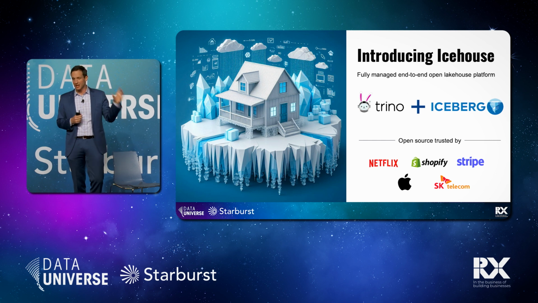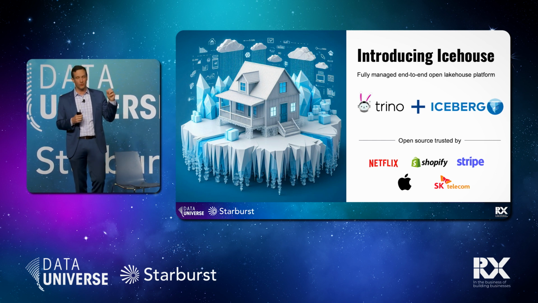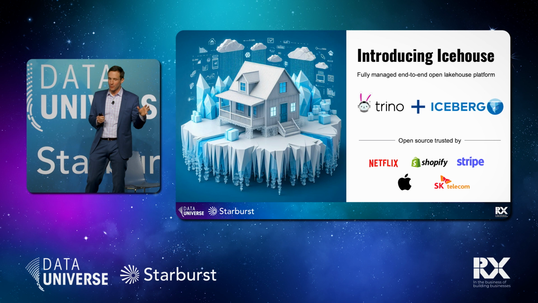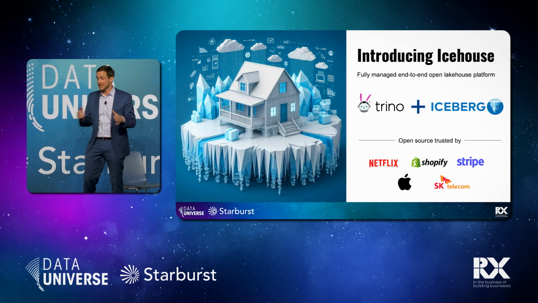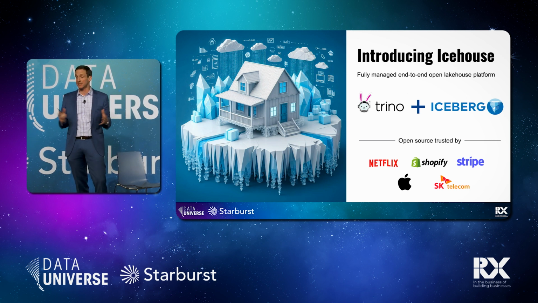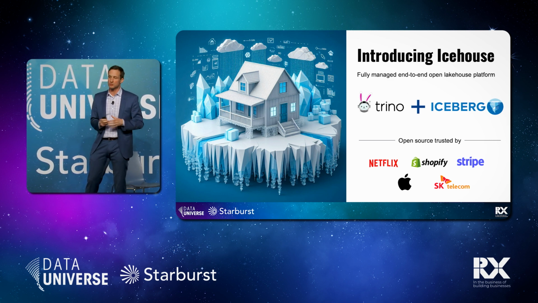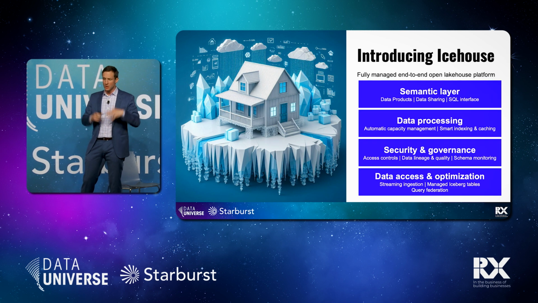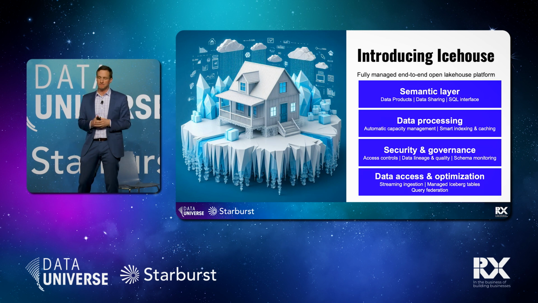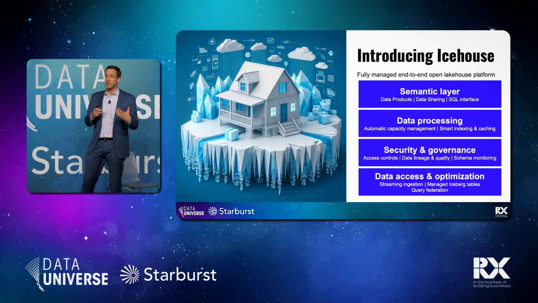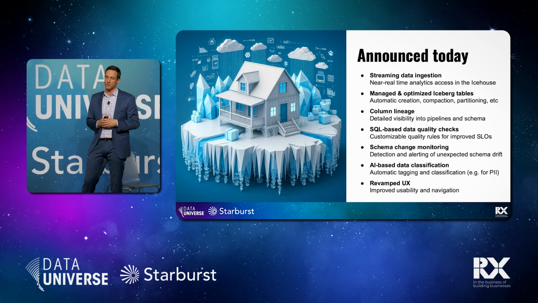This blog actually got a lot of attention, and one of the biggest criticisms of the blog was from people who said, we're already doing this. This is not new, this Icehouse thing. We're already doing this, and that's exactly true, which I think actually validates the architecture more than anything else. Of course, it's today used by Netflix, Shopify, Stripe, Apple, a whole host of other companies. And what we're trying to articulate is how do you do this in a fully featured way that enables this operating system, again, for the data within your enterprise.